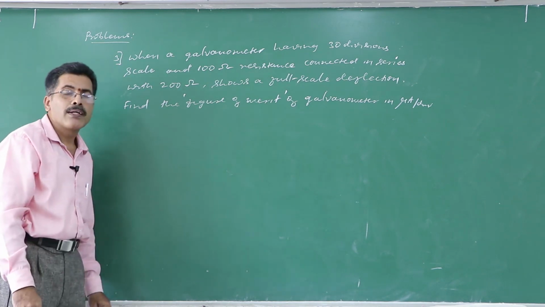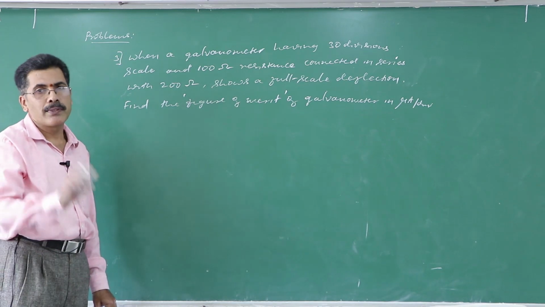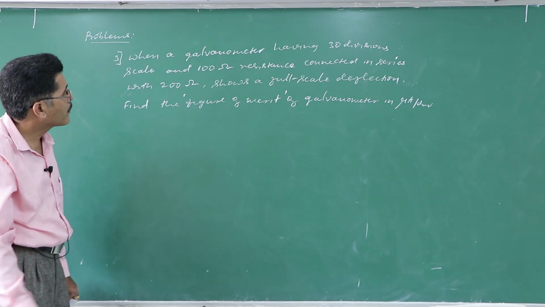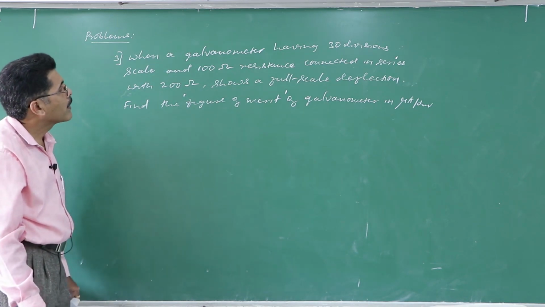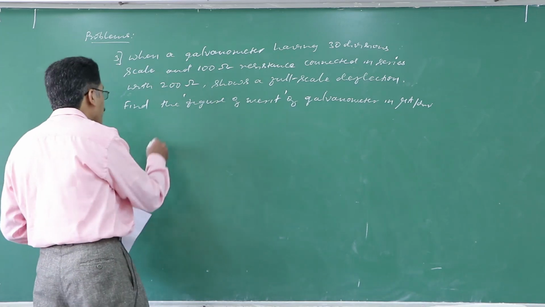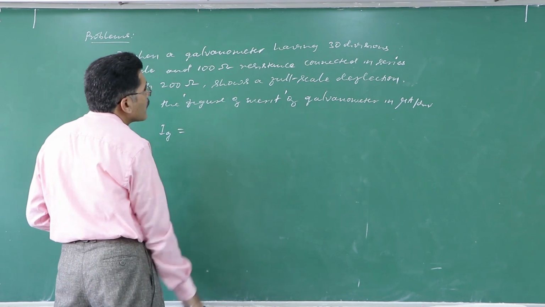The reciprocal of current sensitivity is called figure of merit. Remember, figure of merit is the reciprocal of current sensitivity of a galvanometer. First we shall calculate what is Ig. So you know that Ig is equal to potential difference